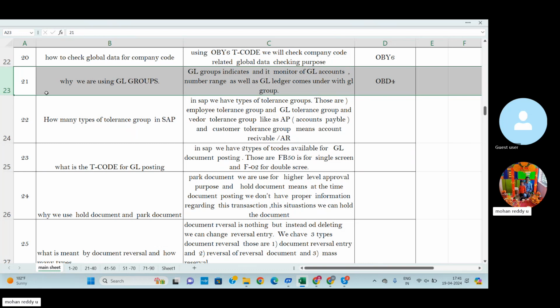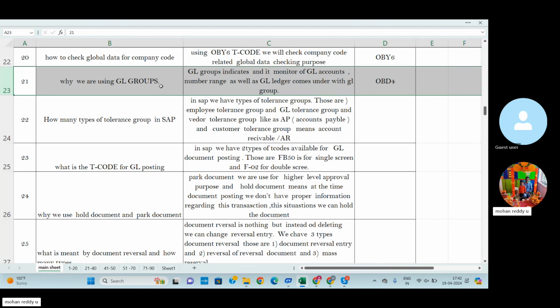Under the current liabilities group, we can create different types of payable GLs. At the time of GL group creation, we can assign one particular number range for the particular group. Based on that number, we can create the particular GL ledgers.